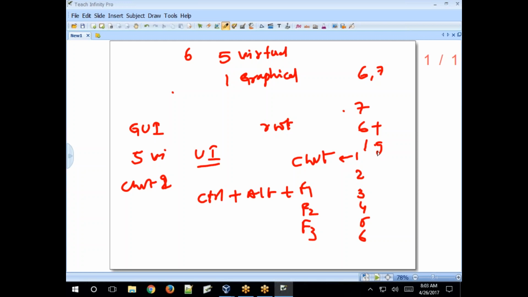That depends on it. The first one is the graphical console if you log in with your GUI. If the operating system started at run level 5, the first console is the graphical console. If the operating system started at run level 3, then only 5 consoles are available, only the user interface. So I'll show you that.